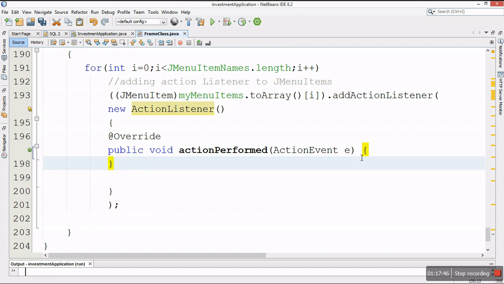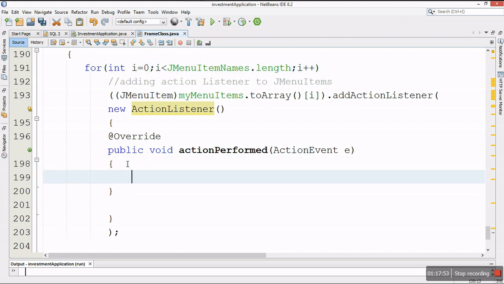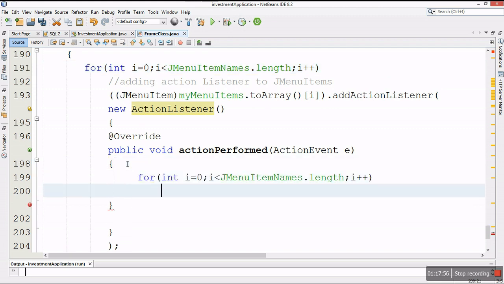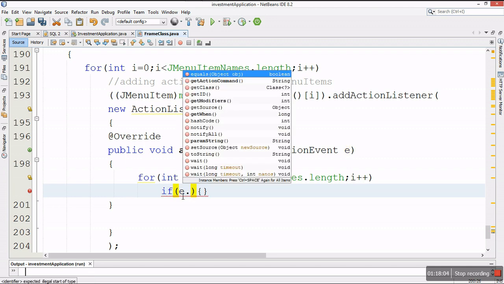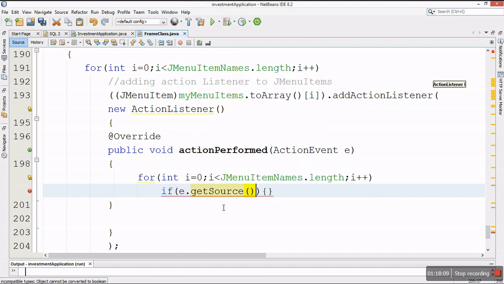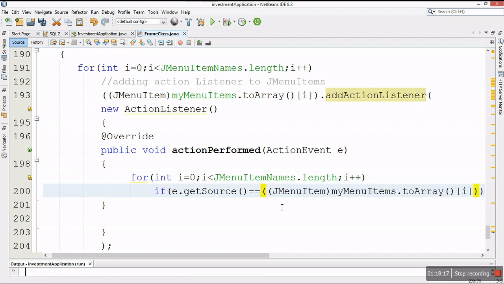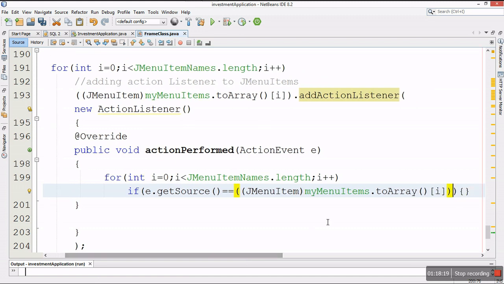There we go. And again, guys, I need a loop, so I already have it. I'm just gonna copy this, come here, and paste it. Then I can check the source of the event, if e dot, I'm gonna get the source, and if this event comes from these buttons, copy this and paste it. There we go. If the source of the event comes from one of the buttons, what I want to do is check